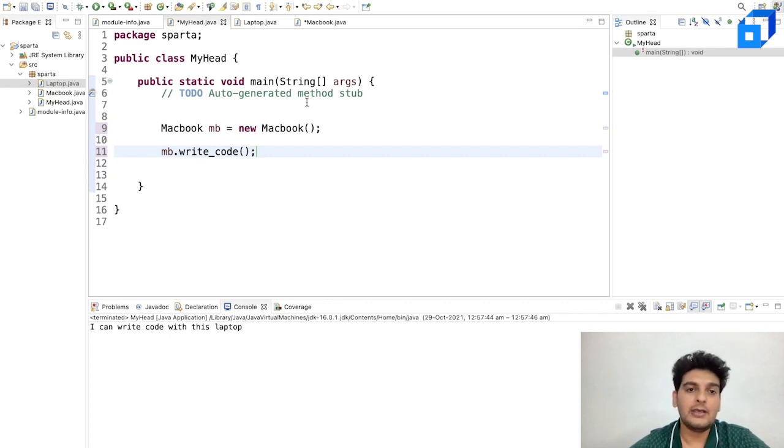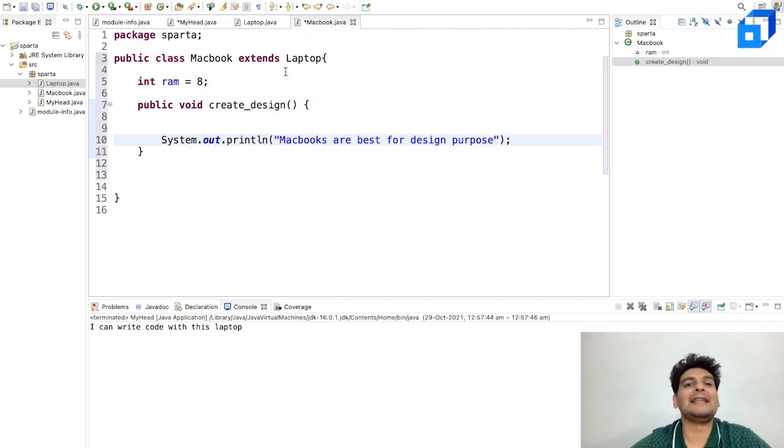Now, how is that possible? That is possible because MacBook is extending Laptop, which would mean that the public members which are present in Laptop are being transferred, being extended, or being copied into the MacBook class as well.